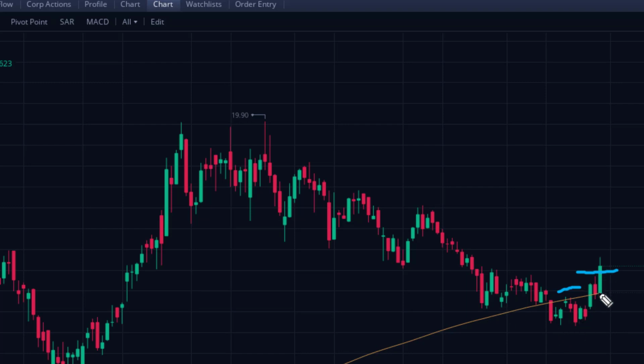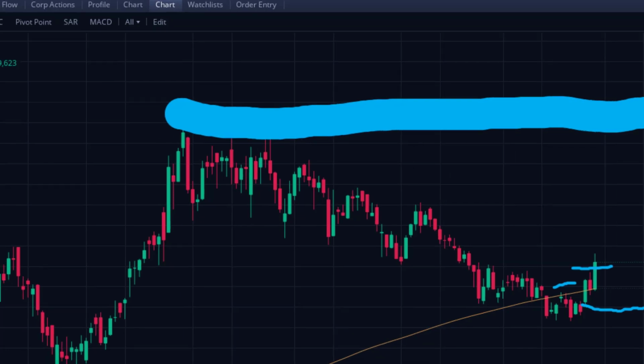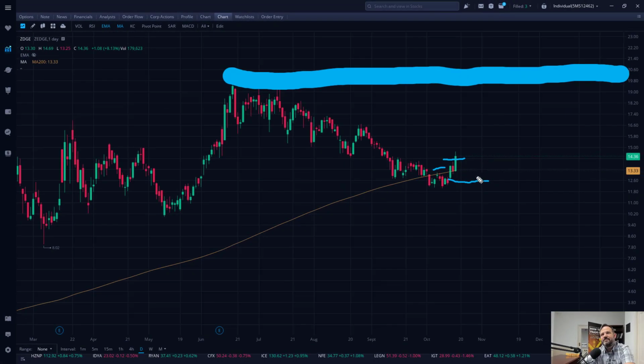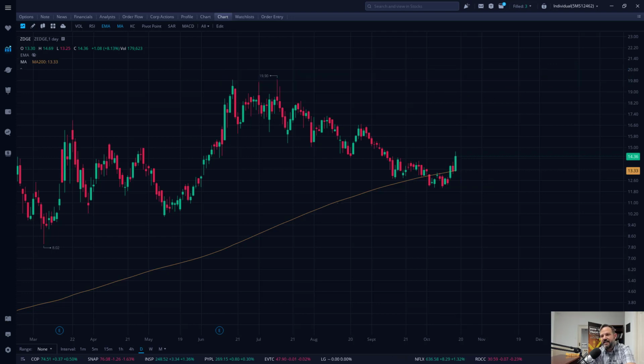And so right here, I got my entry and my stop loss is right around $12. So I have a nice entry and a nice move moving up. And we're looking for this to actually target all the way up to $19. So we could get a nice $2 stop loss with a nice $7 target on it. So again, this is a good price action strategy.